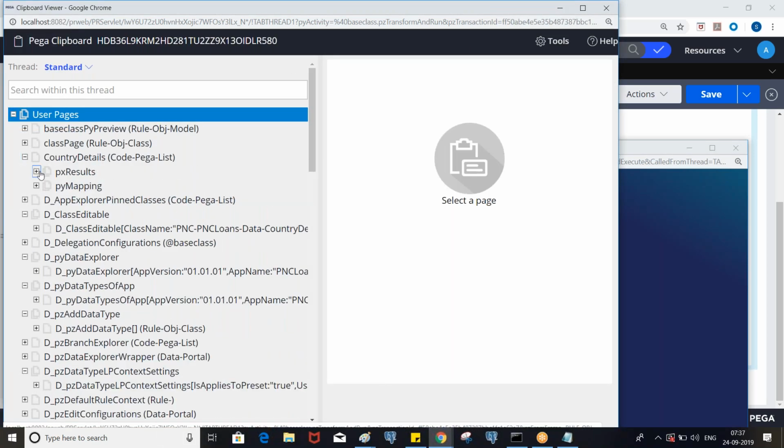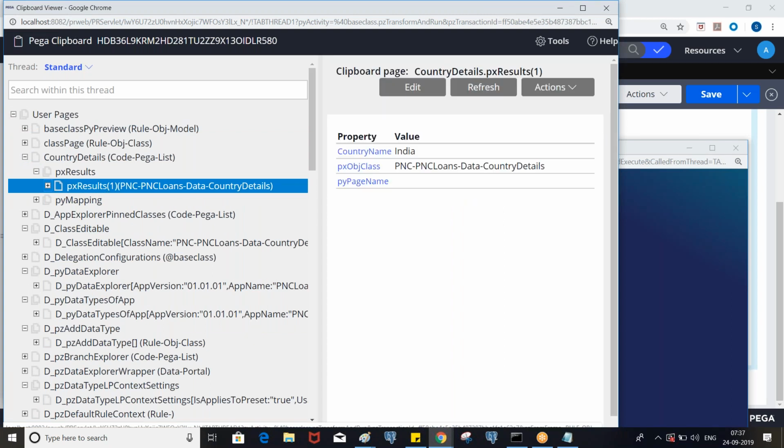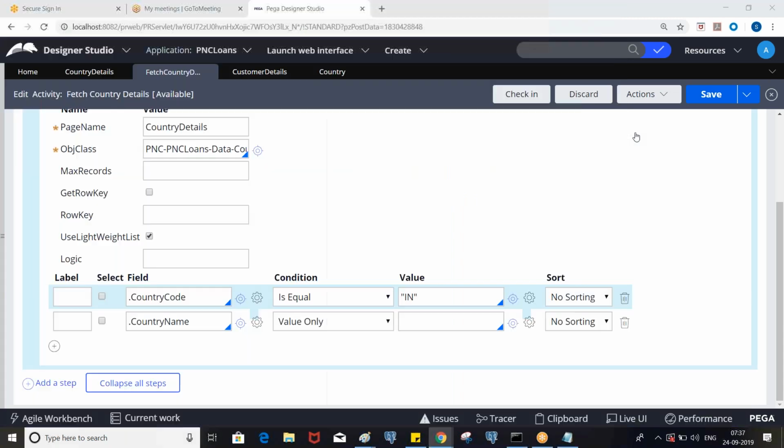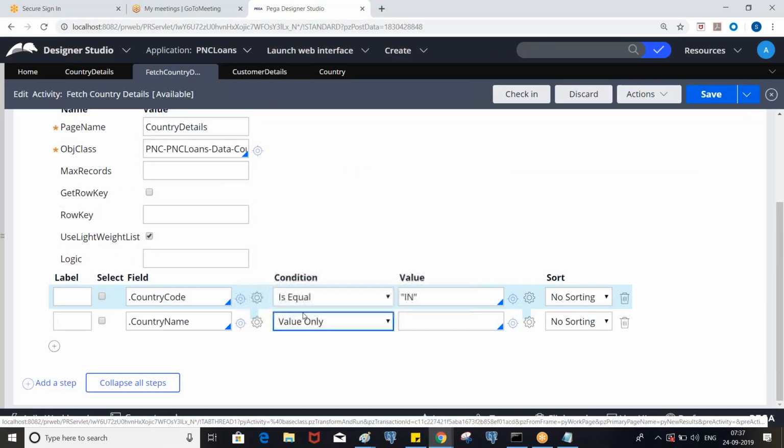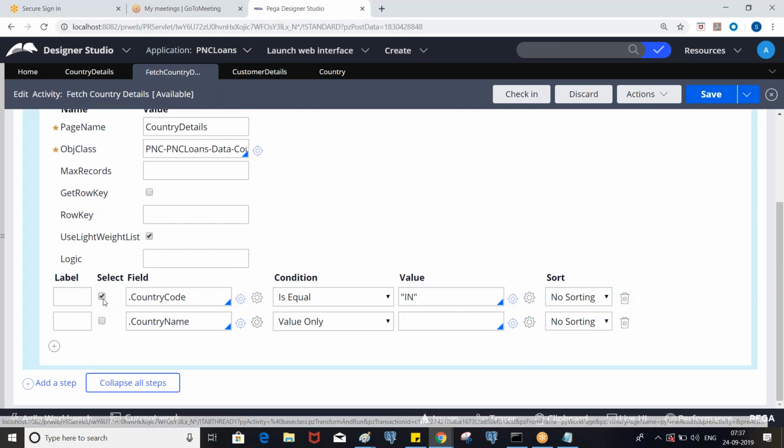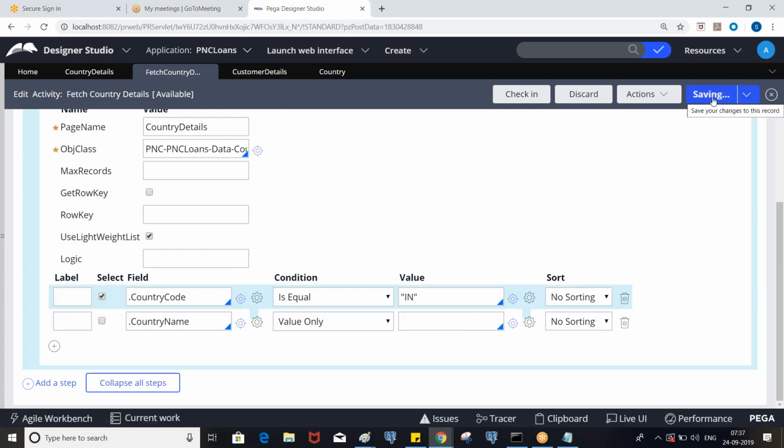Now you tell me, do you see any difference? You don't find the country code, right? Why? We specified the condition, but we haven't selected the checkbox.